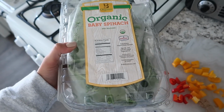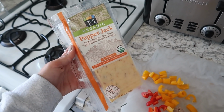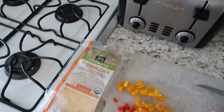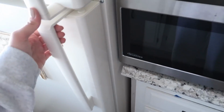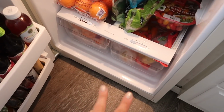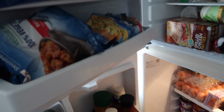And then I just put some organic baby spinach. I just take a big handful and rip it up into there. And then I also have the 365 organic pepper jack cheese. And then my eggs, I just want to show you guys my fridge really quick. Look at this, fully stocked. And then down here is veggies. Fully stocked. And then here too,